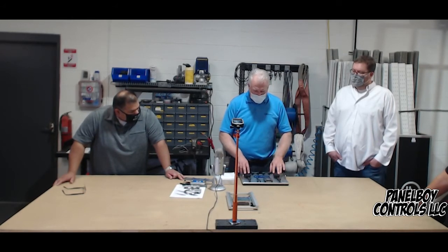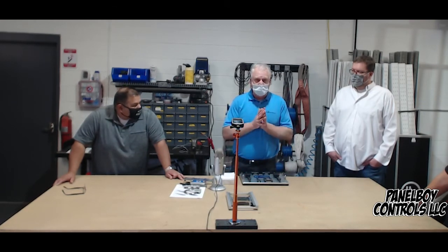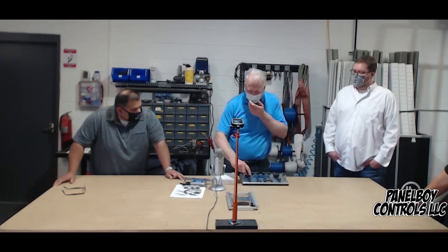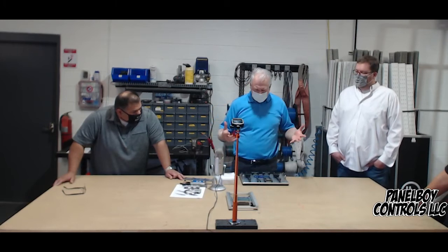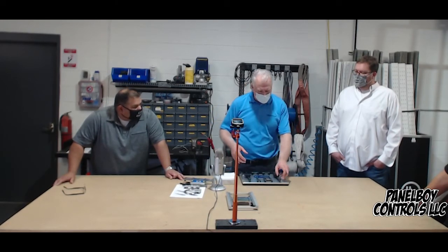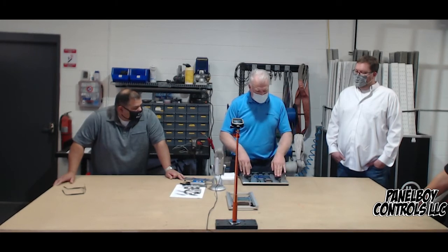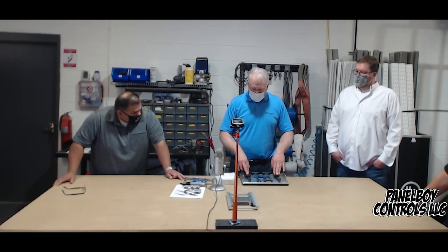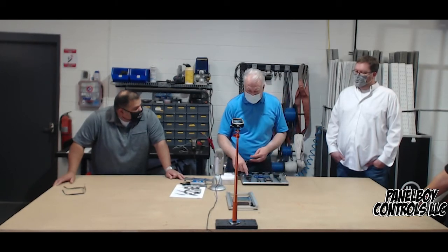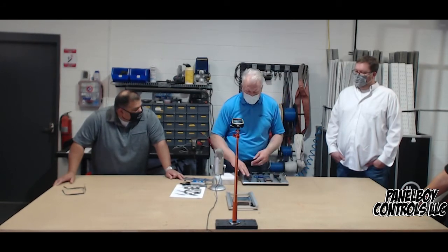The product shown here is what we call a size 15 millimeter, and we stock all the way up to size 35 locally, but there are sizes that go up to size 65. That number represents the width of the rails. So a size 15 rail and carriage means that this is a 15 millimeter wide rail, with the corresponding carriage that goes with that. This is what we call a 4-track series, so 4 ball tracks on the inside of